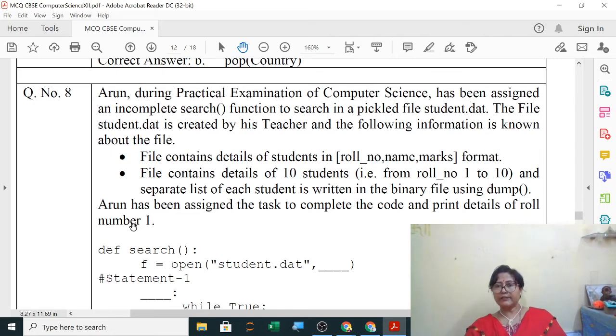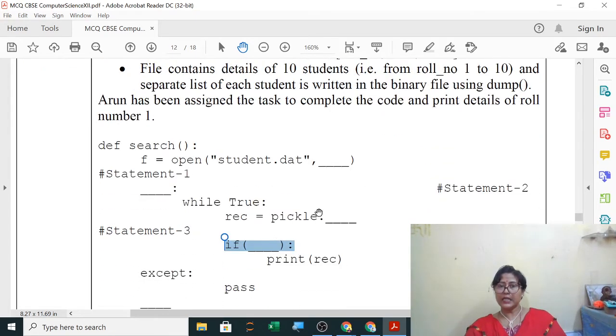Now here they have directly given roll number 1, and the column name is roll number. If you want the index position, it is position 0. So when you are loading it, it is loaded in a list. So index position you can take. So if you write here, it is stored in rec. So what will you write in the if?